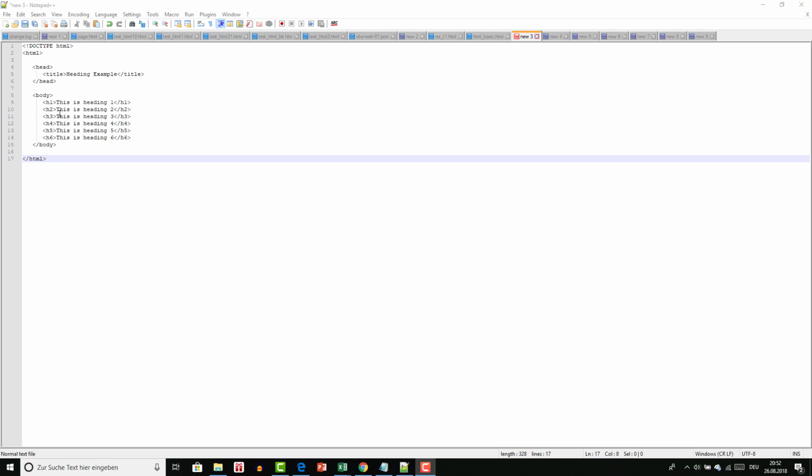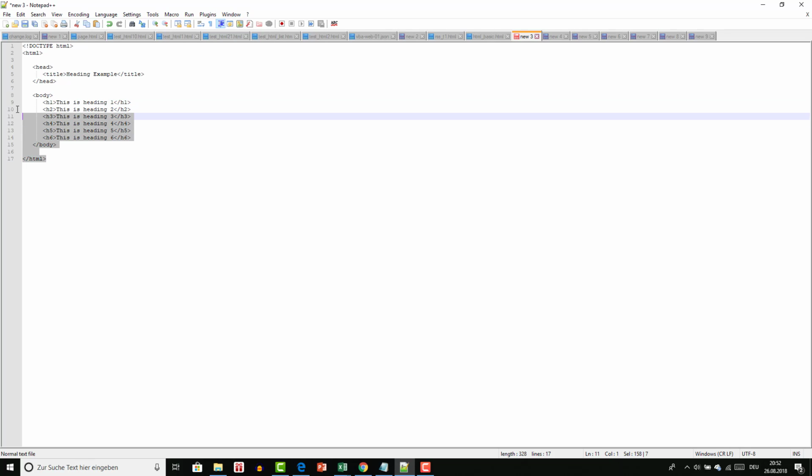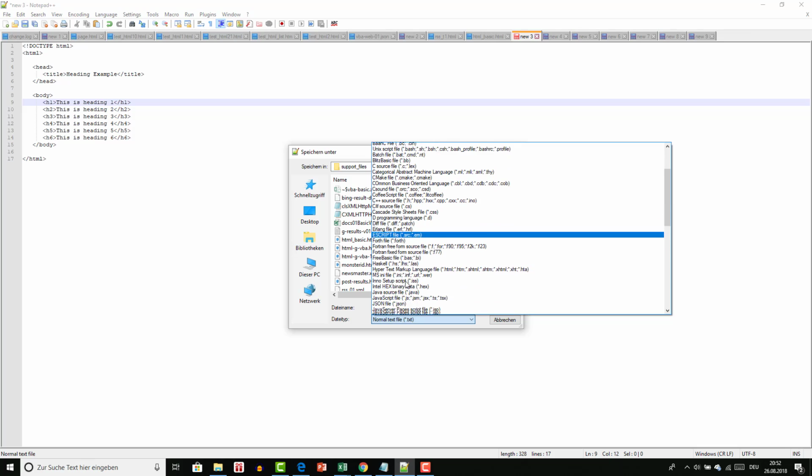Now I will show you some basic tags. The first set is the set of headings. I can have headings from 1 to 6, which differs from the size of the font. Okay, so if I'm gonna save this as a hypertext